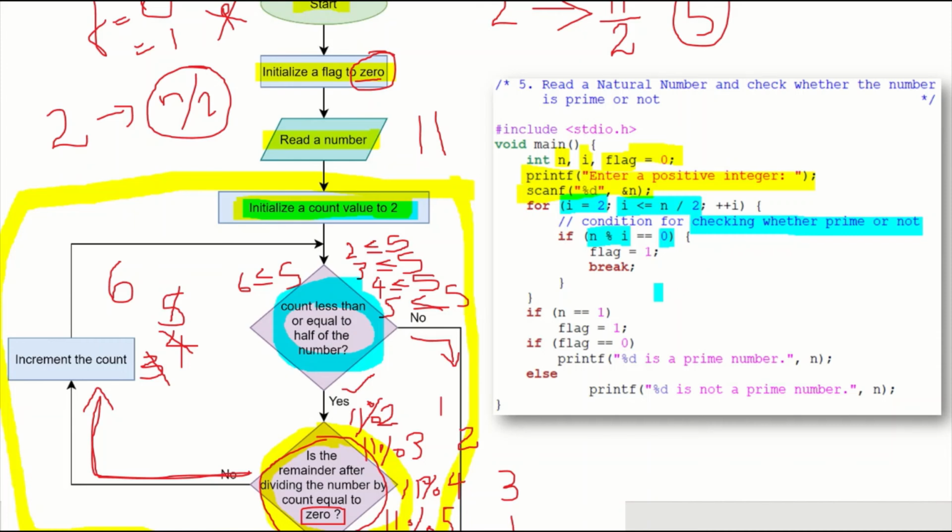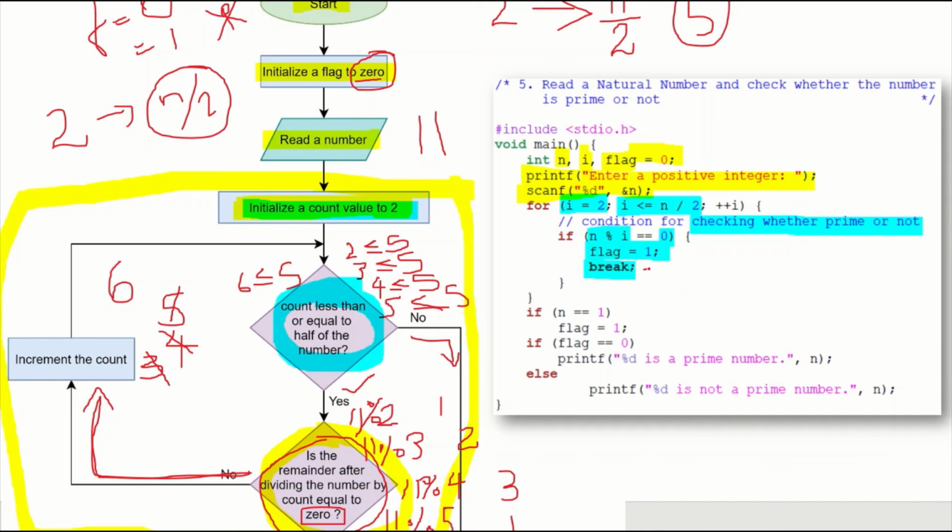If in any case it is equal to 0, we need to exit out of the loop after setting the flag, so we use the break statement to go out from the loop.